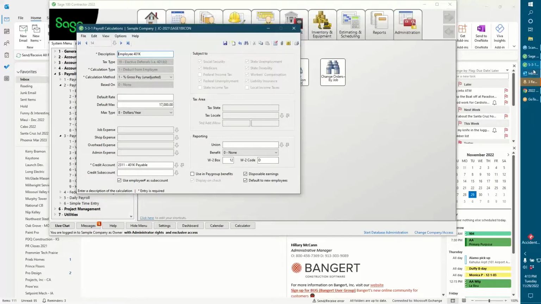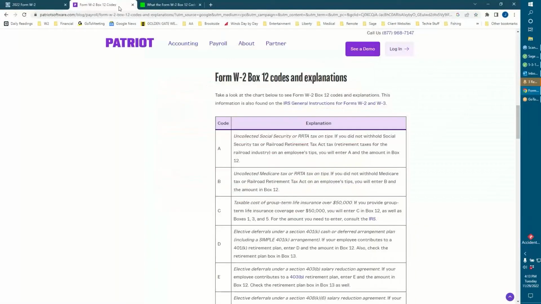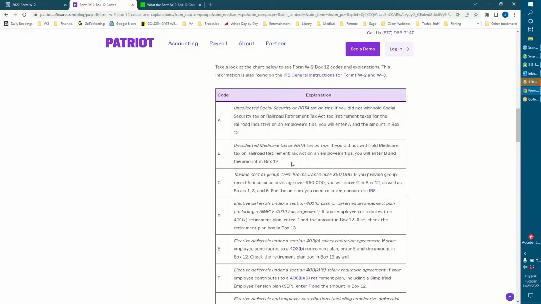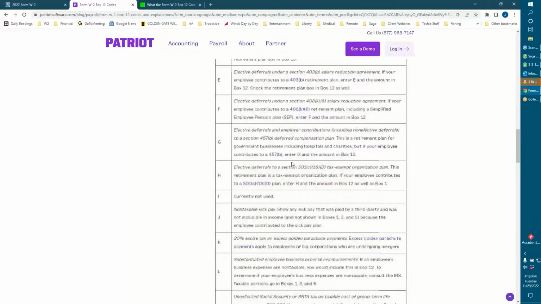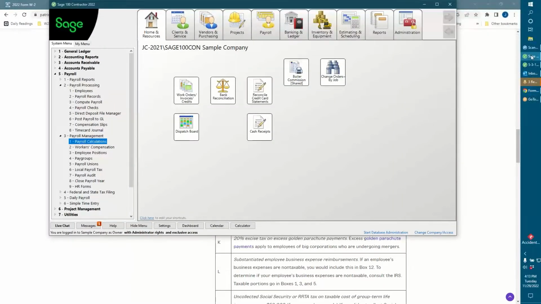What do those mean? Again, those should have been set up for you prior. However, you can go online and figure out what these codes are supposed to mean and which boxes they are pertinent to. Okay, so let's assume that everything's set up properly. If that's the case, then we're going to go back to Sage,